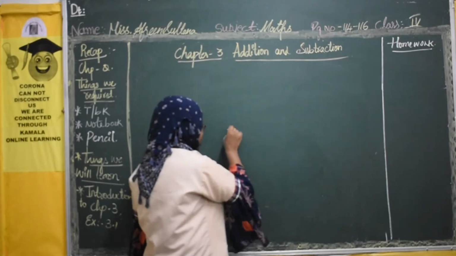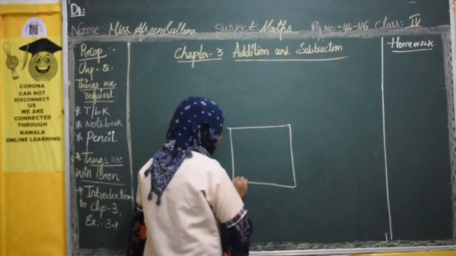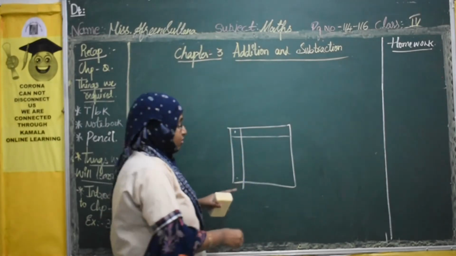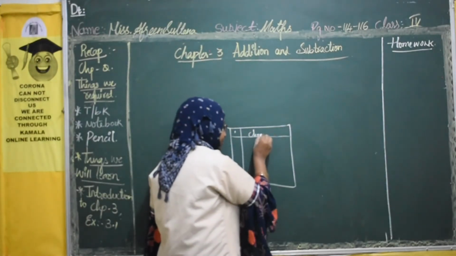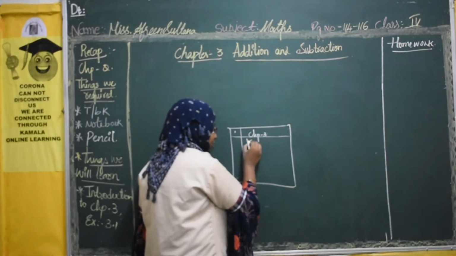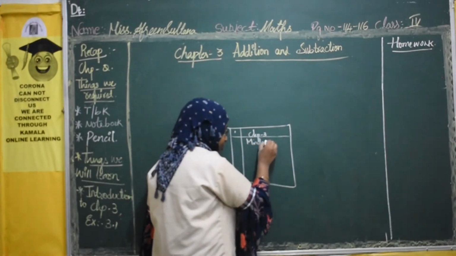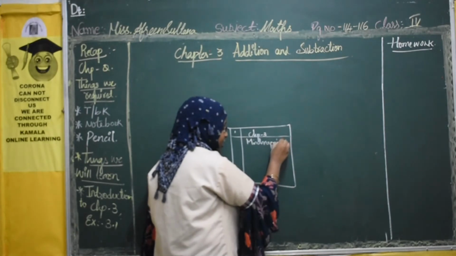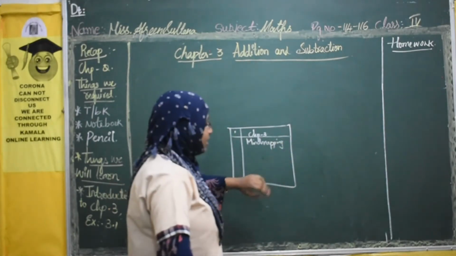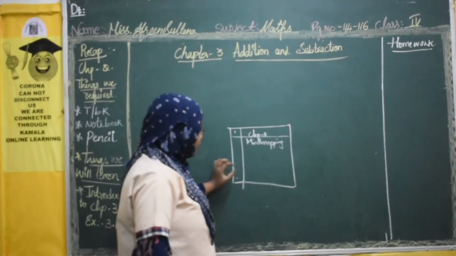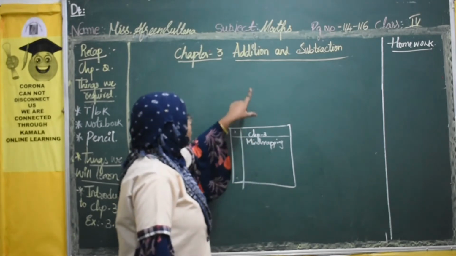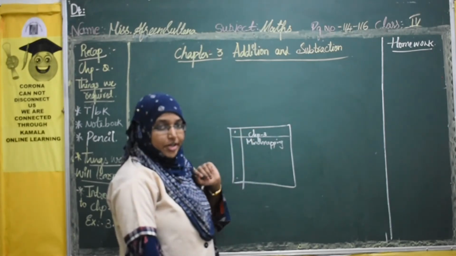Next, on a new page, what will you do? You are going to write your date, write your chapter, then mind mapping. You will start with mind mapping. This I will give you next. Okay. Then we will start our exercise, that is exercise 3.1. So you just leave a single page for your mind mapping, and then on the next page you start exercise 3.1. Okay.